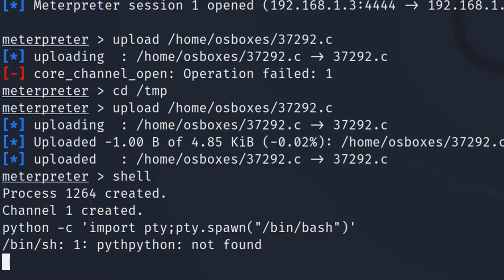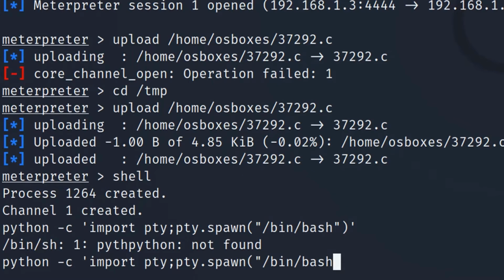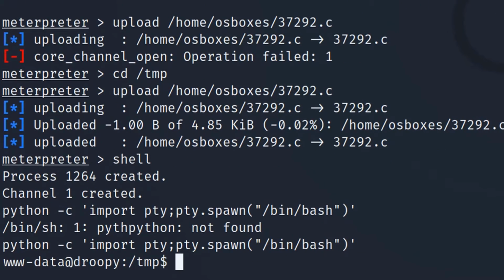So we can see that it's saying there is a problem. So I made a mistake. There is a spelling mistake over there in the pty and spawn. So let me enter it again: python -c, single quote, import pty, /bin/bash, and let us give enter again. And yeah, now we are inside the